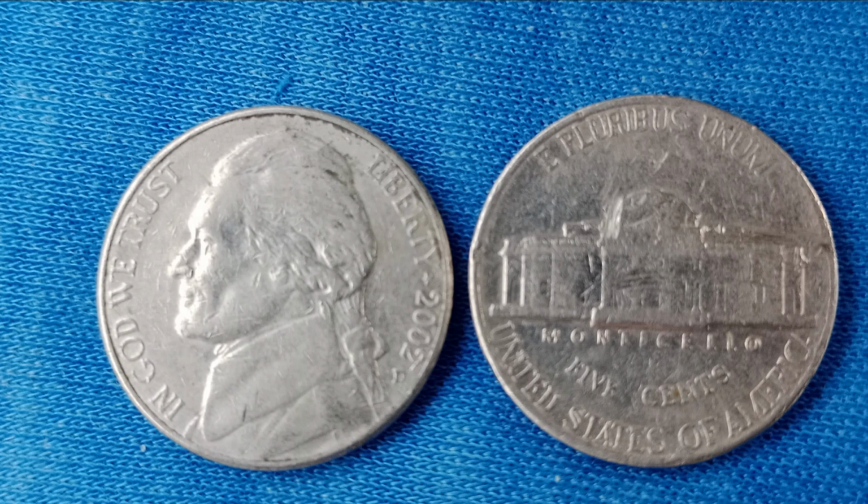Some numismatists have reported that this 2002 D nickel displays a ghost-like doubling effect on Jefferson's profile, where you can see faint outlines of his facial features repeated slightly to the left, and that's not all. The word Liberty appears distorted, almost as if stretched or shadowed, while the mint mark D from Denver is unusually large and faintly appears twice, creating what experts call a double mint mark anomaly, something that's extremely rare for the